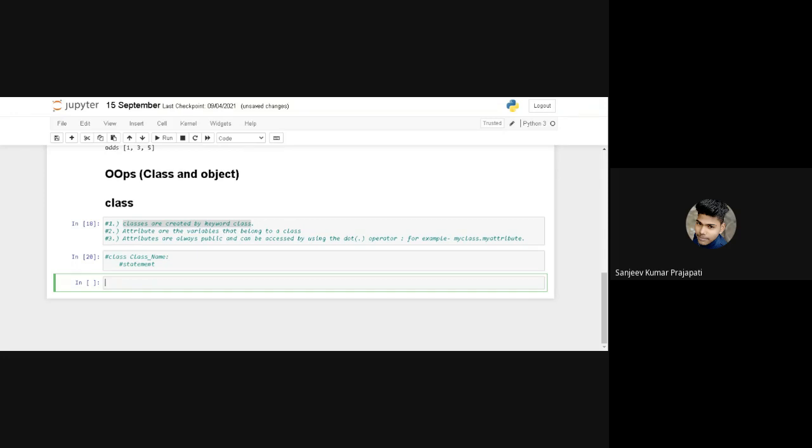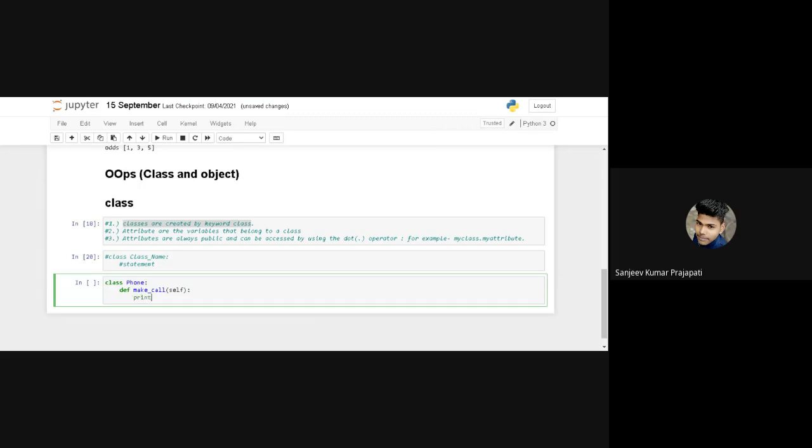Firstly, I'm creating a class called Phone, and next is def to create a function, def make_call, with self. This is the syntax for how to create a class and how to create a function within a class.